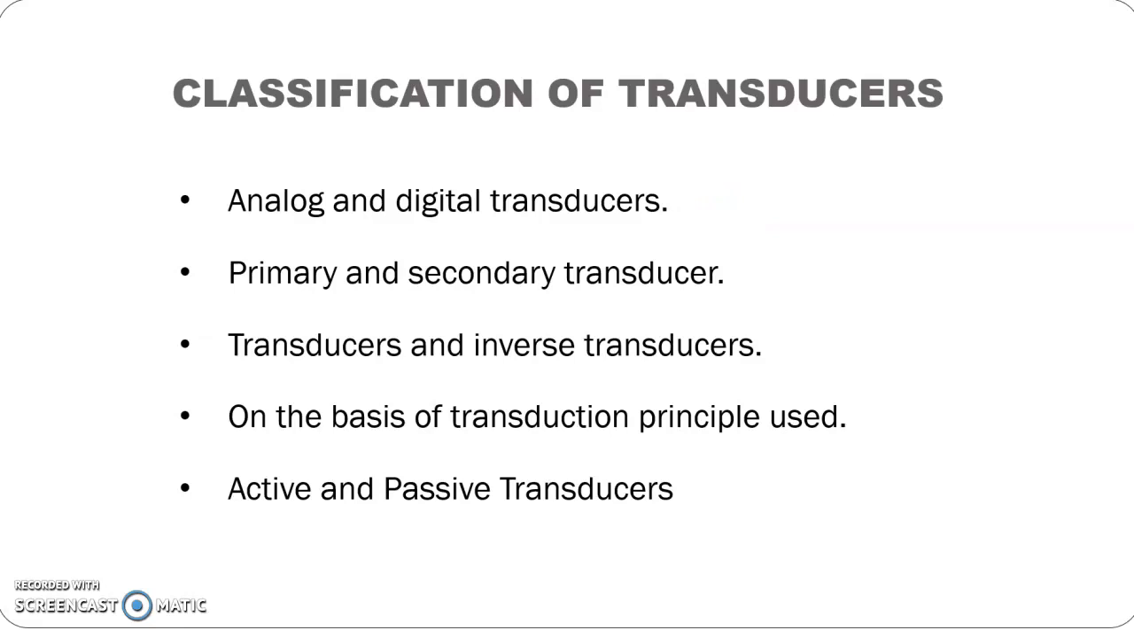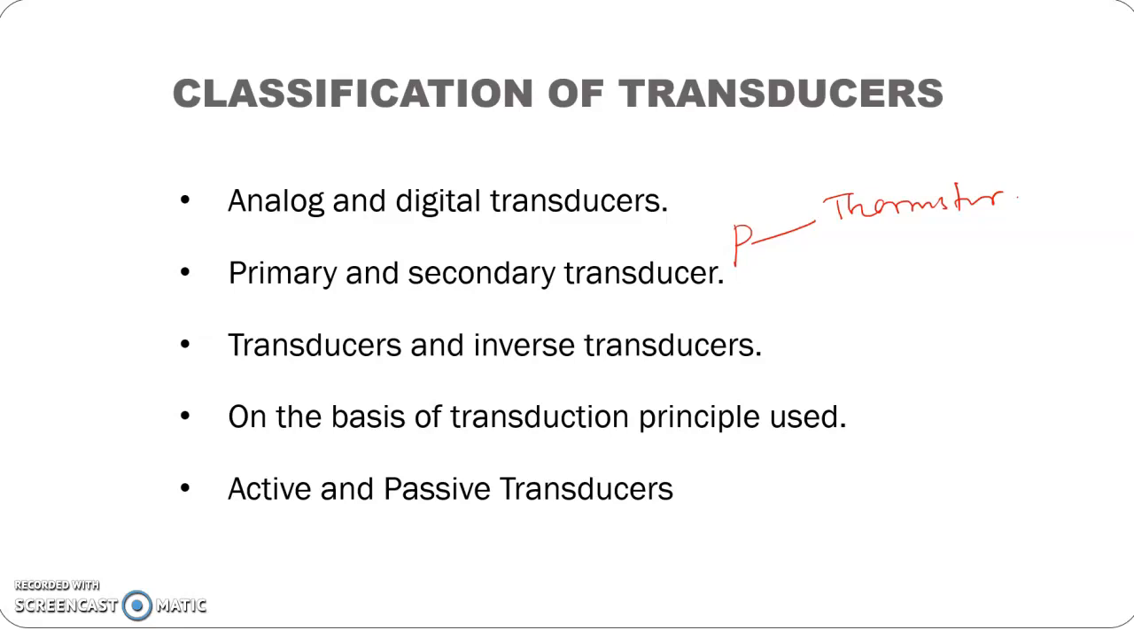The second classification is primary and secondary transducer. In primary transducer, we can see a direct conversion of physical phenomenon to electrical signal. Example is a thermistor, in which the change in temperature is directly converted into a change in output voltage. But in secondary, we are using